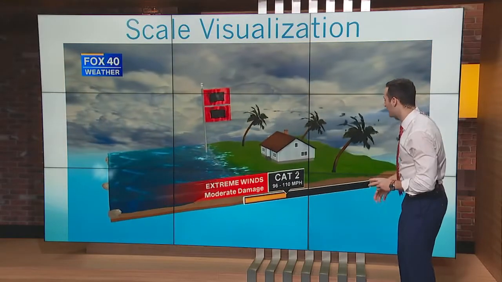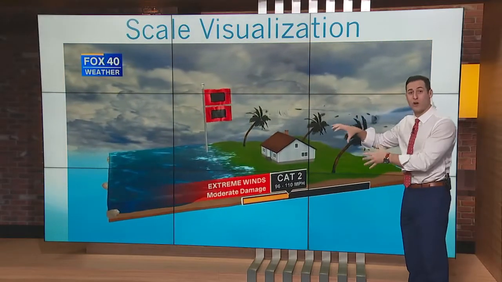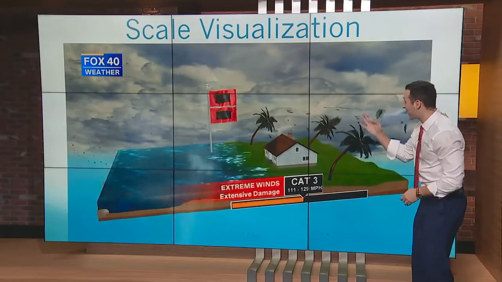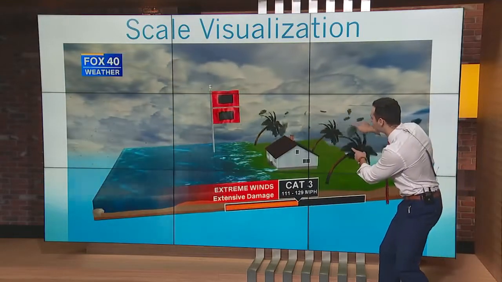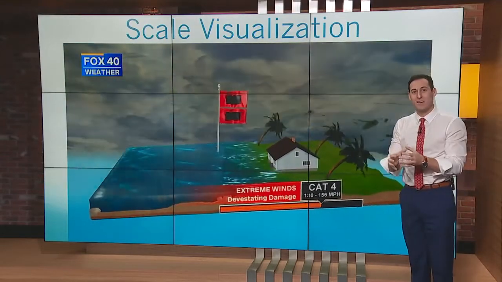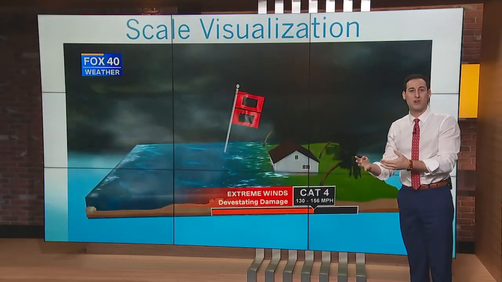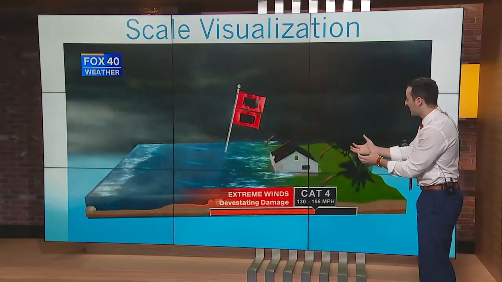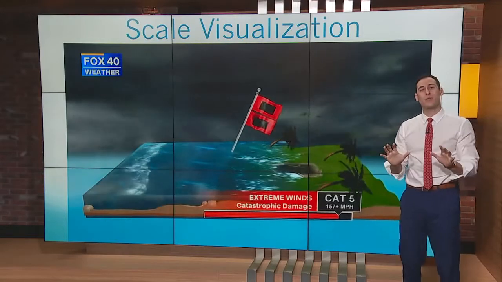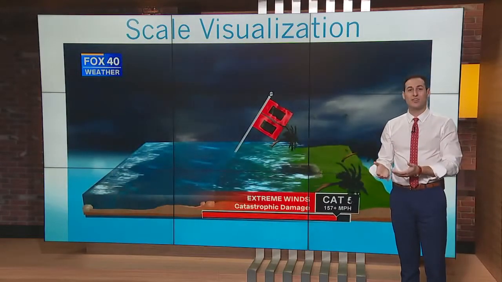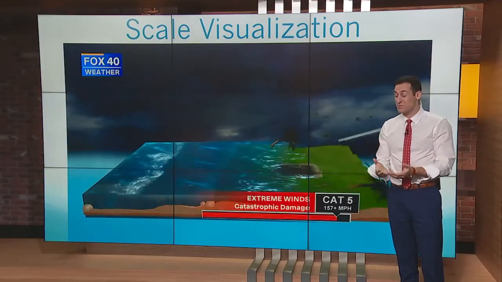Then we go to category 2, up to 110 miles per hour. These strong palm trees are bending. Category 3, there goes the shingles to your house. The roofing, the exterior becomes at risk. This is a major hurricane. A category 4, your house, the walls might be blown off. And by category 5, the only thing left could be the foundation of your home, as pretty much everything gets